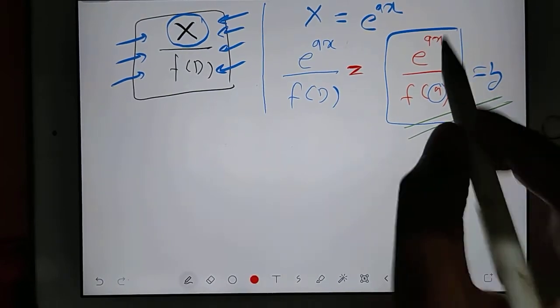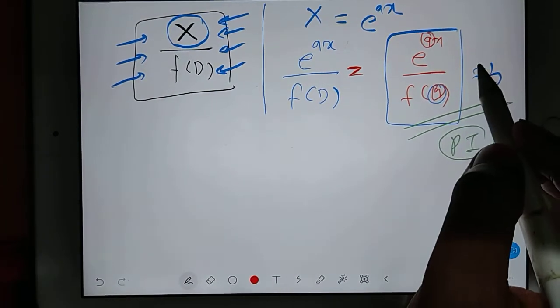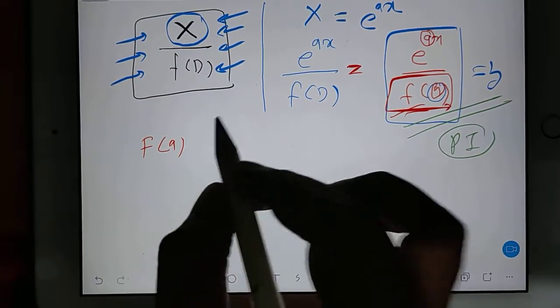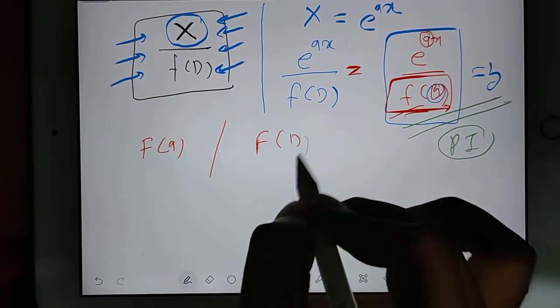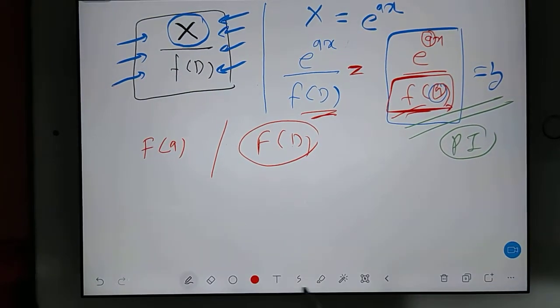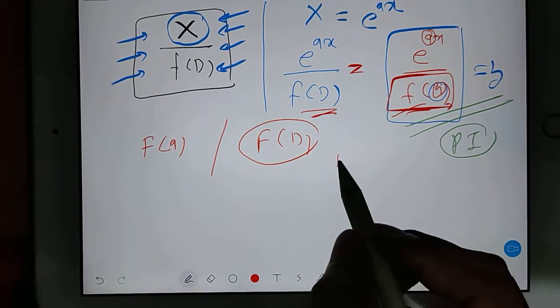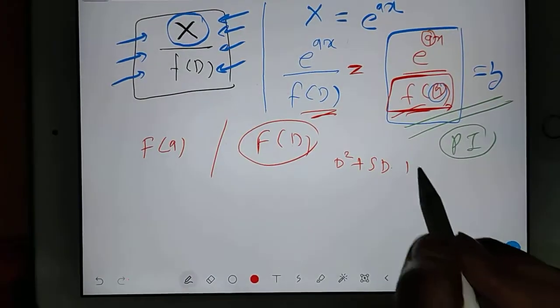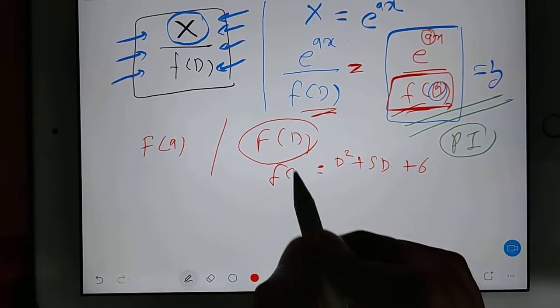Okay, so in this answer you have A and A here now. This is not FD anymore, this is FA. So how will you calculate your FA? For that, you should know your FD. What is your FD? The coefficient of Y was your FD, na? In my example, it was D square plus 5D plus 6. This was your FD.